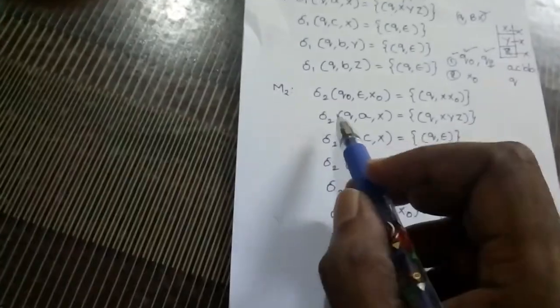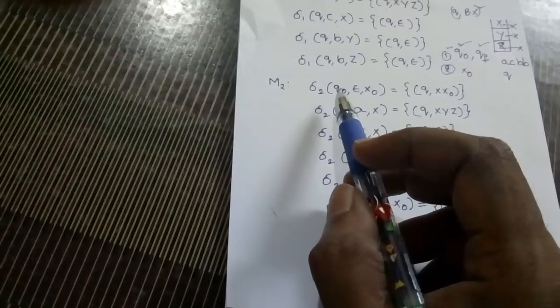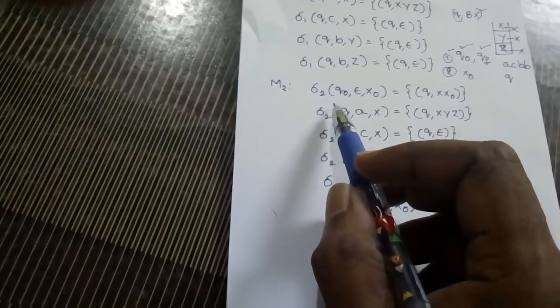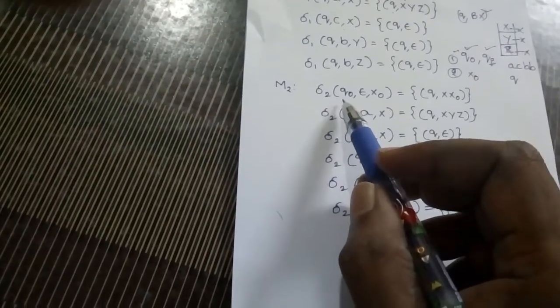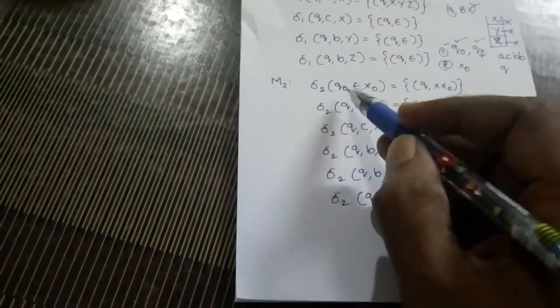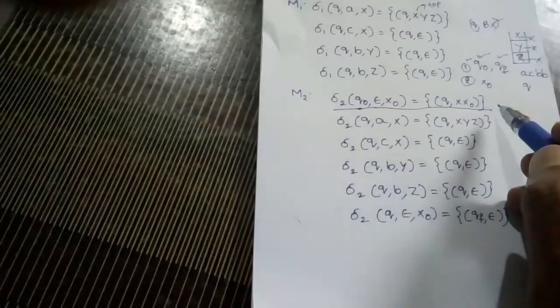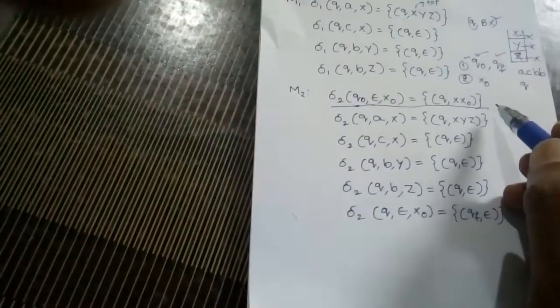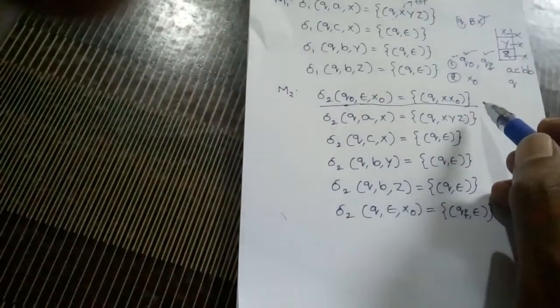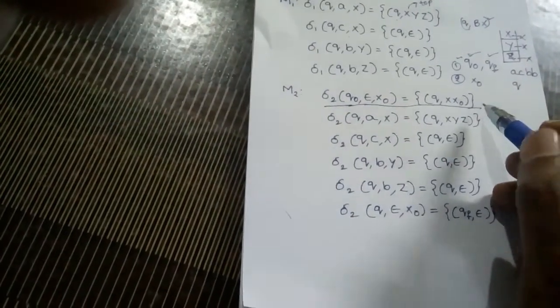Now if you take this, delta 2 of, this is formation 2. So this is the first thing or first move that you have to add in any conversion of PDA with empty stack to PDA with final state. And what is that move we have to add in every solution?